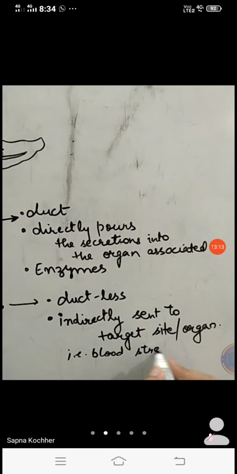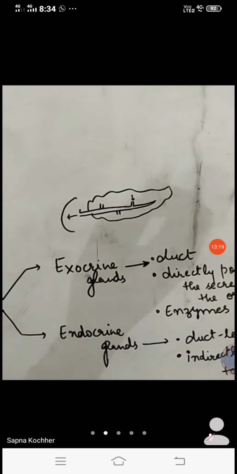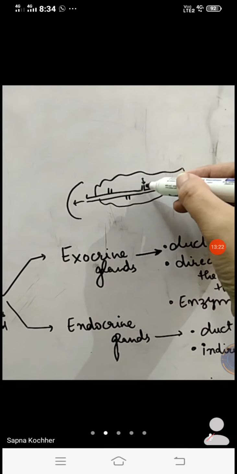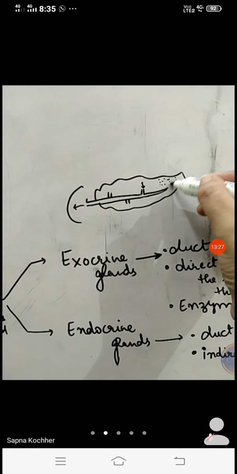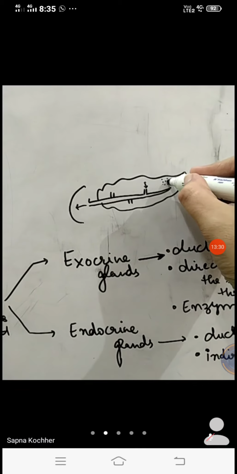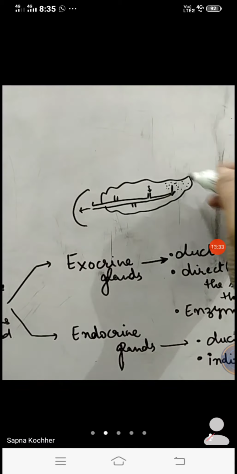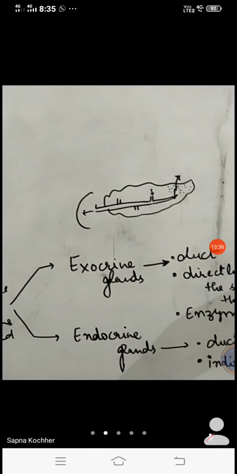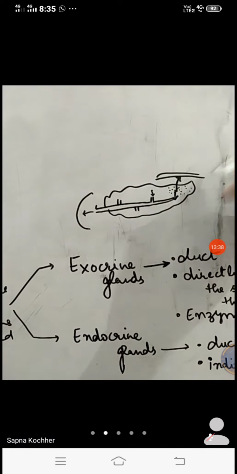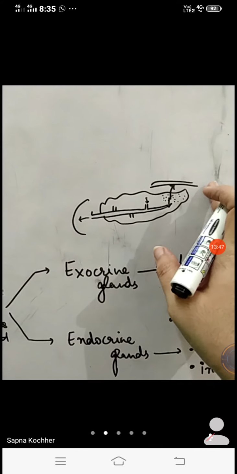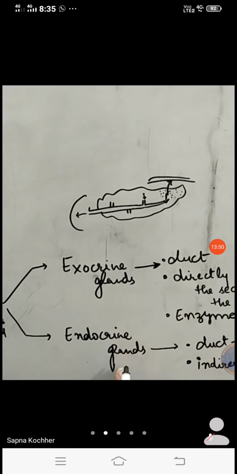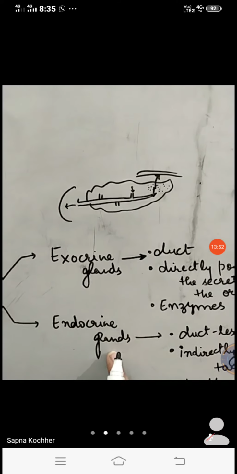Now, just now I told you that the pancreas acts as both exocrine as well as endocrine. When it is secreting the pancreatic juices required for digestion, it is exocrine. But when it is secreting hormones like insulin and glucagon, it is not throwing them through the pancreatic duct. They are directly poured into the bloodstream, and the blood vessels carry them and help control the sugar level of the blood. Because of this action we name it an endocrine gland.